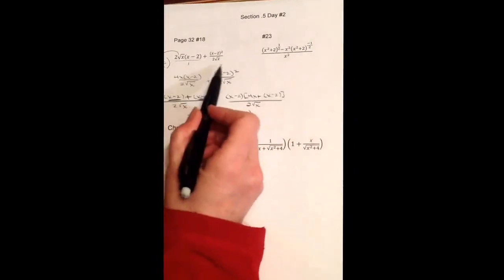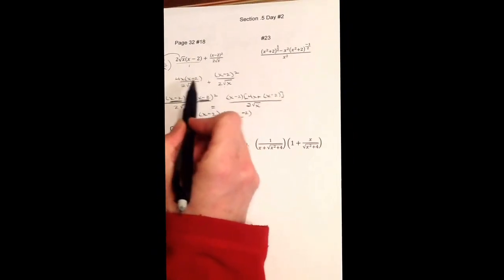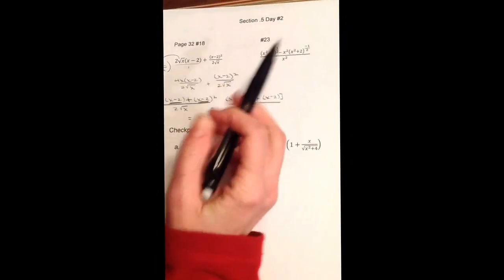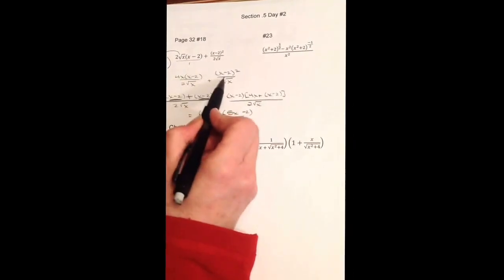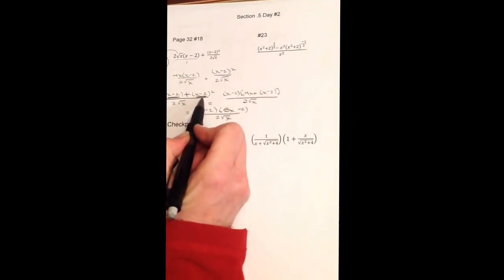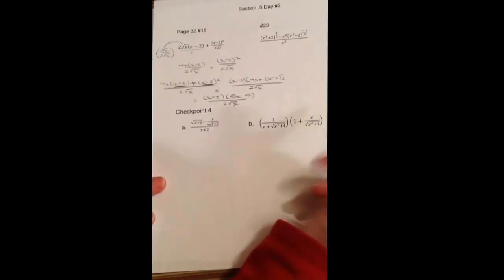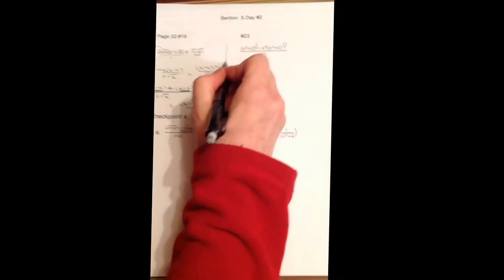So we're getting a common denominator, but when we combine them together, the easiest way to combine the numerators is to pull out that common factor of x minus 2 and write down what's left. For the next problem,